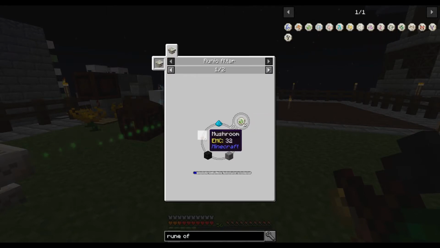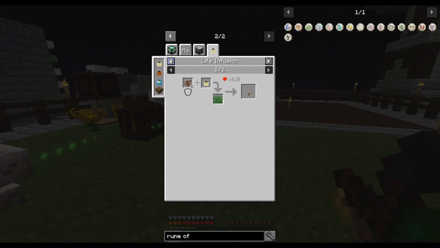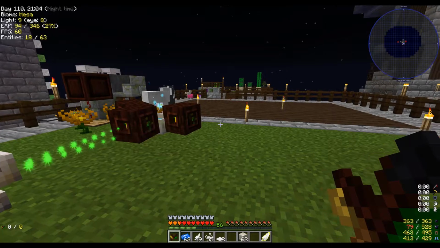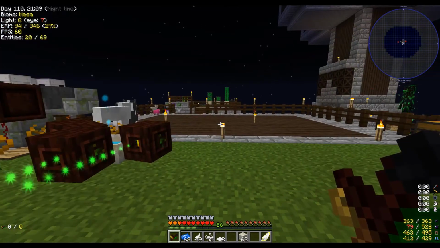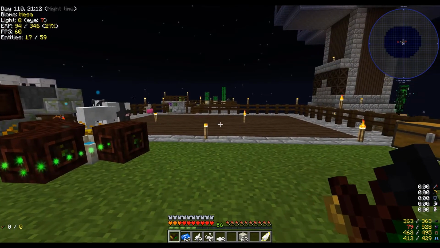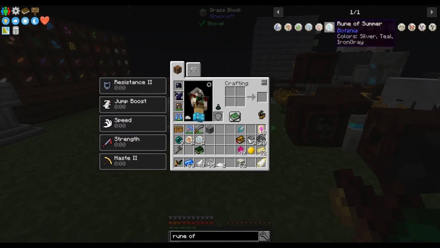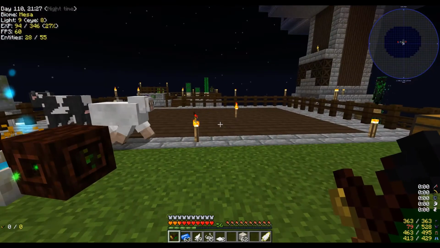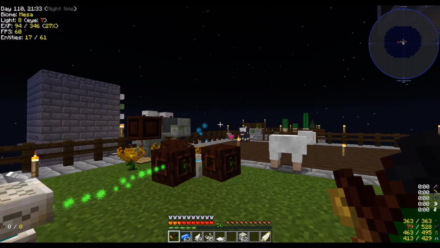Rune of Earth, we need a brown mushroom. Cocoa beans on grass will give us a brown mushroom. Okay, well, give me just a second. I'll come back with all of the materials to do the other 2 elemental runes, and we'll get those knocked out and hopefully knock out the rest of the runes. And yep, so I will...